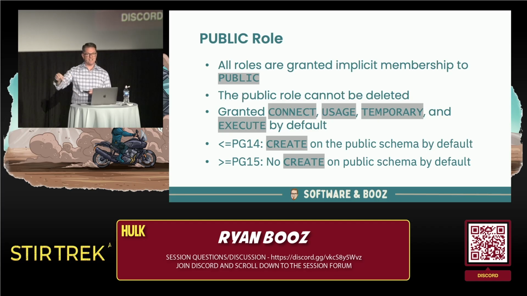You can't change that. So when you start up a database, by default, people can connect to a database. Remember, every connection is to a database. So if a role doesn't have connect privilege to any database, you'll never get connected to the Postgres instance, okay? And so that's why these things are usually provided through that public role. You can change that. You could revoke all privileges on a database from the public role and then give them explicitly. But the project chose this many years ago to make it easy so that all roles that are created can at least connect to a database.